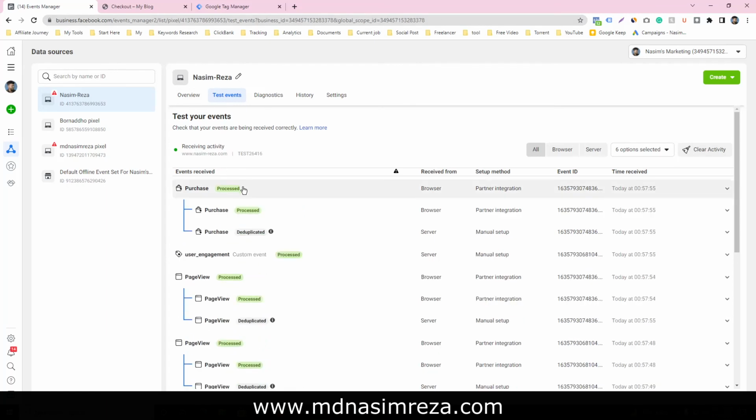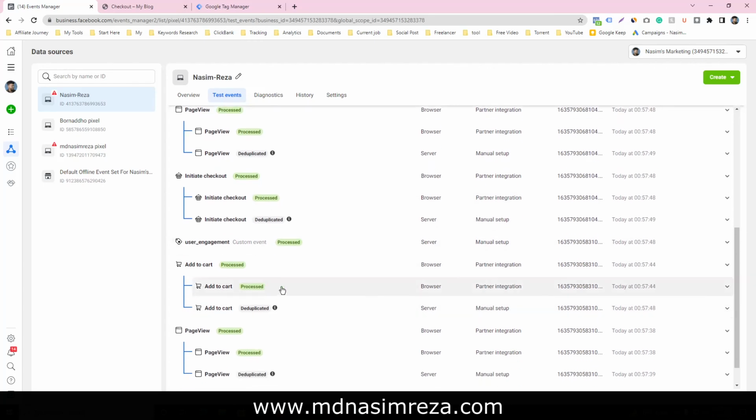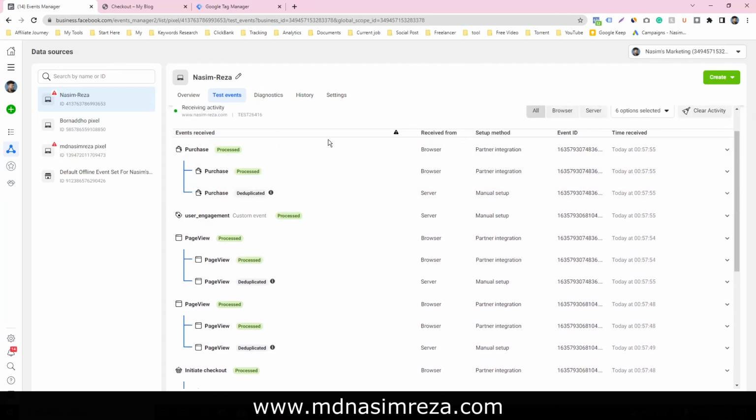So this is our purchase event working properly, and this is our initial checkout event and add to cart event. So all the tags are deduplicated, that means it's working properly.